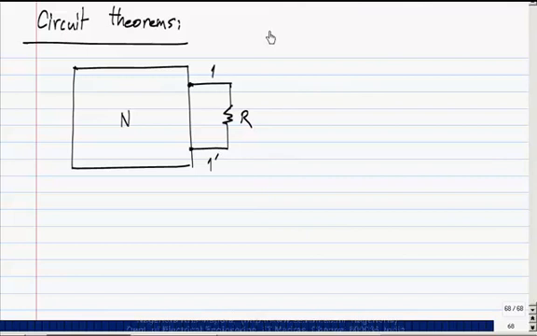Could you have replaced it with a current source? What value would that be? You measure whatever current is flowing through the resistor and then replace it with the current source. Like, how would you go about proving that this is indeed the case?